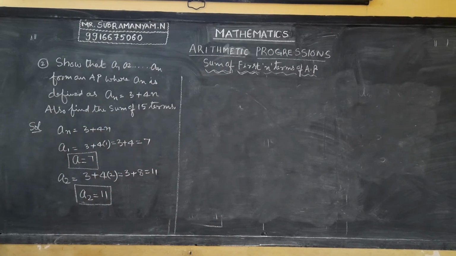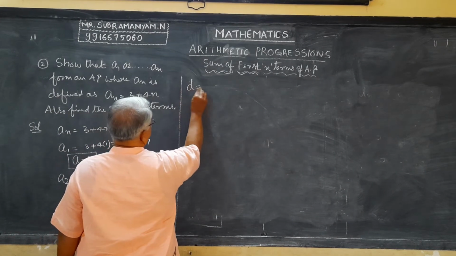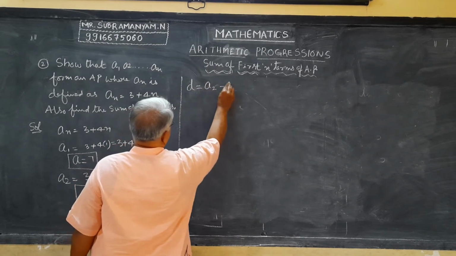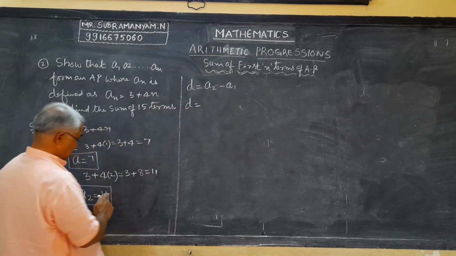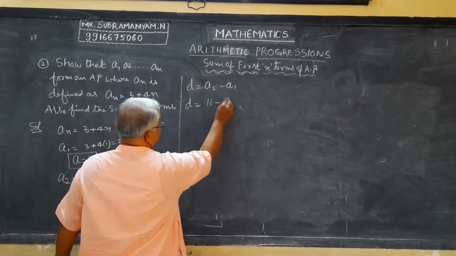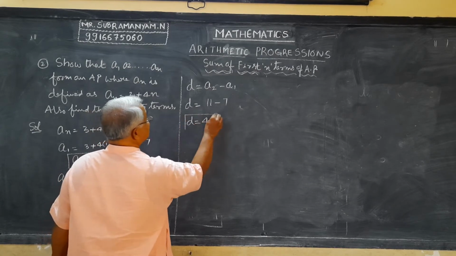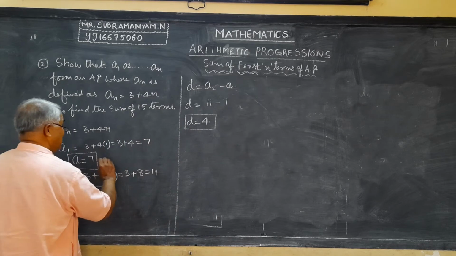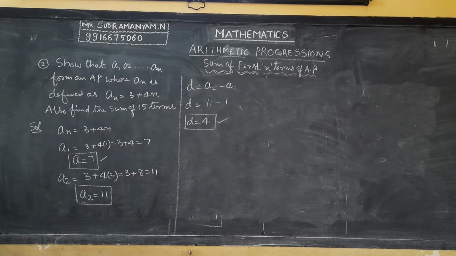Now, we have to find the common difference. How to find the common difference? Just check. Now we have second number and we have first number. So, the common difference D we can find as second number minus first number. D equal to second number is 11, it is here, minus the first number is 7. Therefore, we have got D value. D value is 4. So, we have got A value, we have got D value. So, you can find any value that they will give in this question.